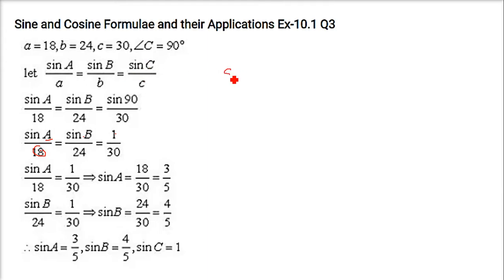Sine C is known to us, so we can get the c value, or sine C of course. Sine C will be equal to c into sine B by b, and we know that the value of b is 24, and this is sine B, and sine B we have already known here, sine B will be 4 by 5, and c is 30. So when you solve it, you will get 1, because 5 6 are 30, 6 4 are 24, and 24 gets cancelled.